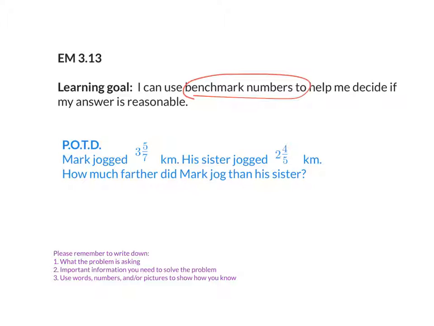Tarun? 1. Absolutely. 1 whole. Rashit? 1/2. Very good. And actually, those are the two benchmark numbers we're going to be using today. Before we get into today's lesson, though, let's